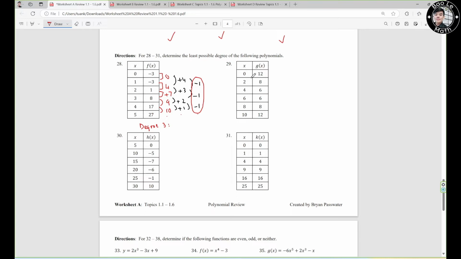Now look at number 29. Over the equivalent input intervals right here, we're going to calculate the difference of the output. So in order to get 8 from 12, I'm going to subtract 4, subtract 2. Now look at number 30. Over the equivalent input interval, we have the change in the output, right? So this one, subtract 5, subtract 2,